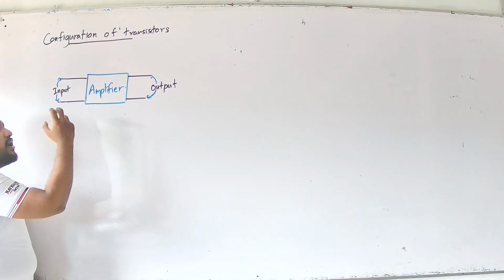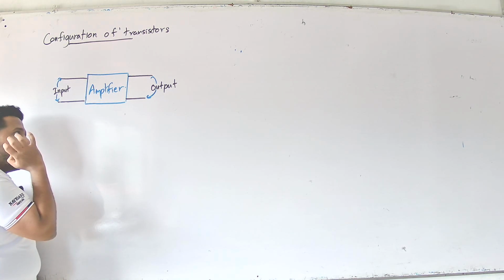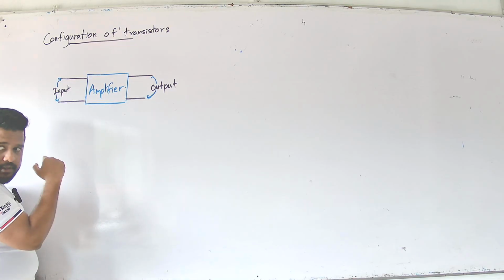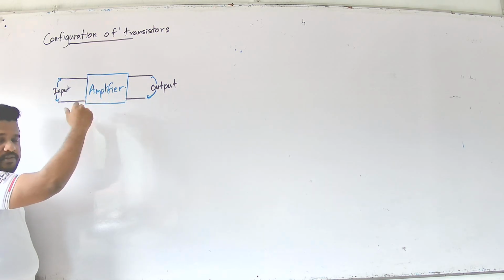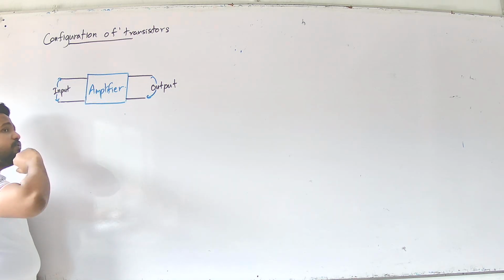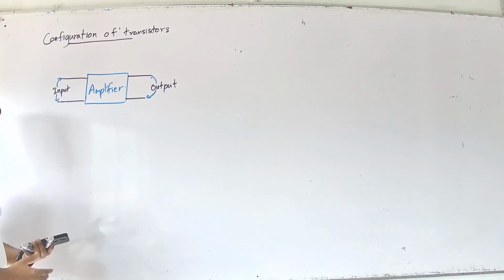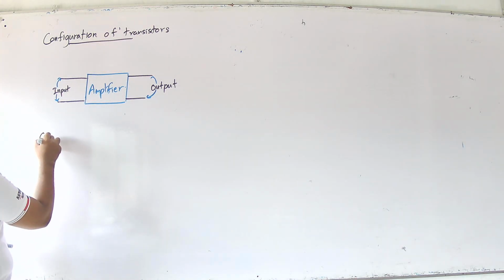So when we are choosing some configuration, we need to identify what is the output, what is the higher output. When we input some signal, what is the highest output of that signal? So we need to identify what is the highest one. For that case, we are using current gain,